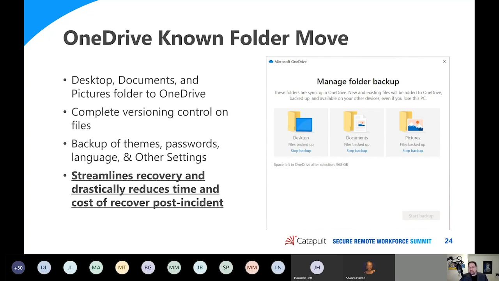But basically, you can get it to the point where it's backing up their My Documents, their bookmarks, the themes of Windows, their settings, their language profiles, things like that. And suddenly, whenever you have that type of information permanently backed up and kept in sync, when you do have something like ransomware that attacks the files, if it succeeds, you'll wipe it and you have not lost a single bit of data,